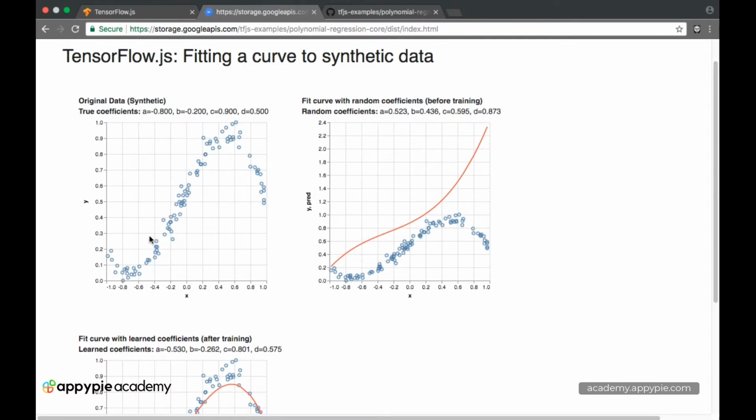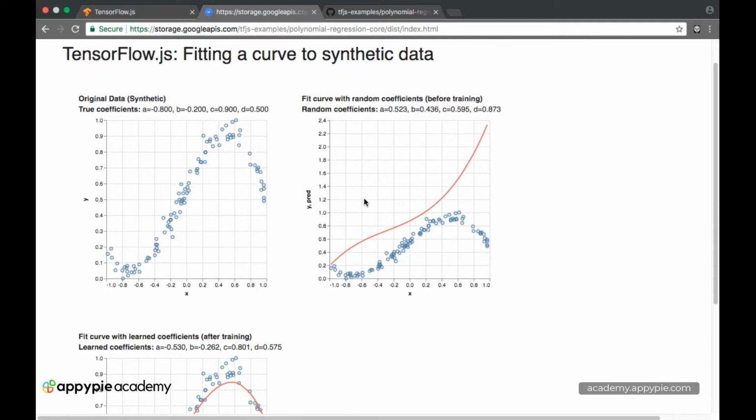Okay, so there are a lot of random points, and then what our machine learning model actually has to do is it first guesses a random curve. So basically this is a degree 3 curve where you have ax cube plus bx square plus cx plus d. It's okay if you don't understand it right now, we'll go into details shortly.